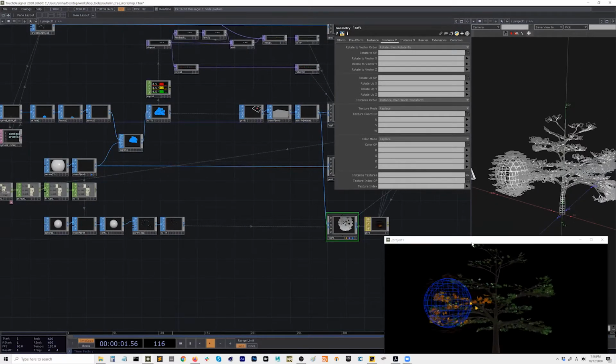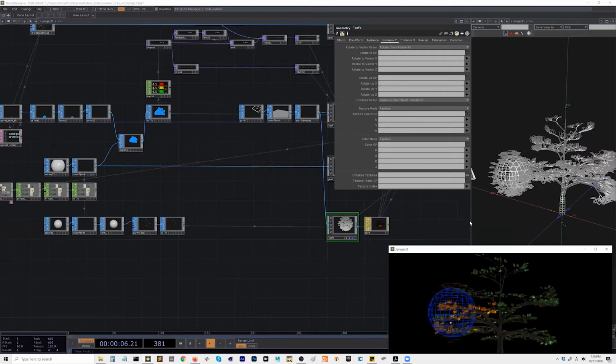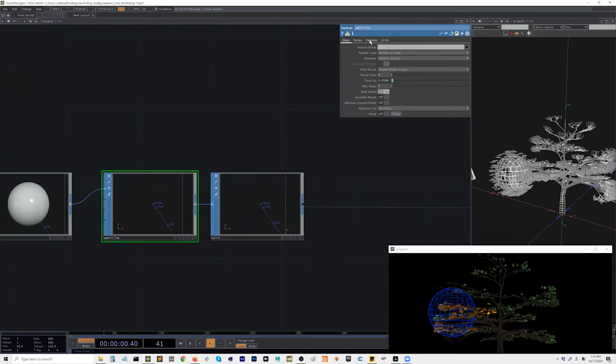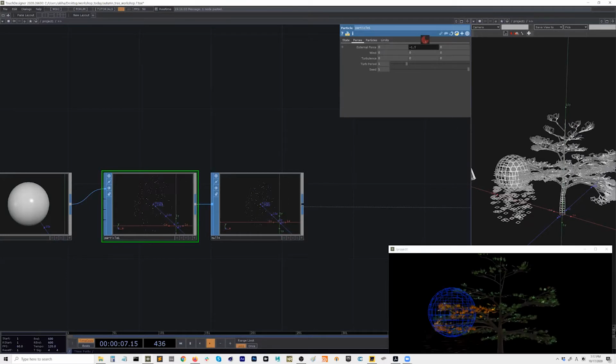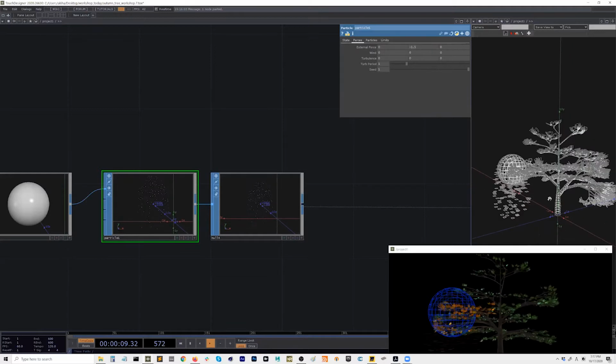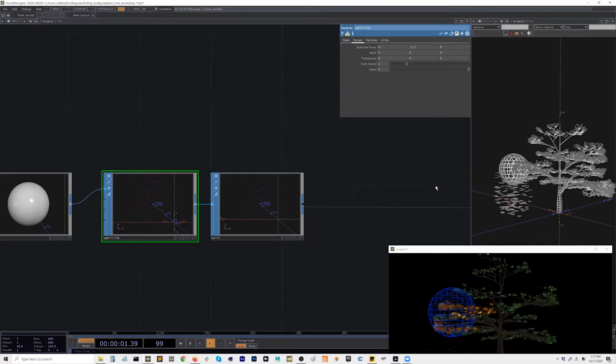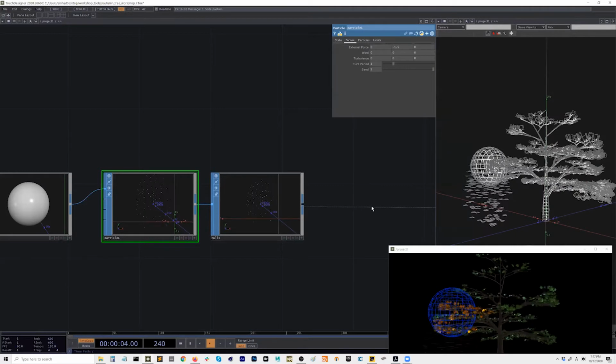So these particles, I think they should go down with gravity. So go to this particle page and then forces, external force, like negative 1.5 or something, so that it falls. It's Y, right?